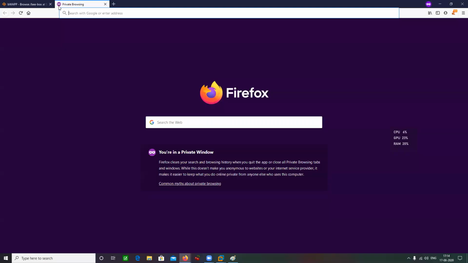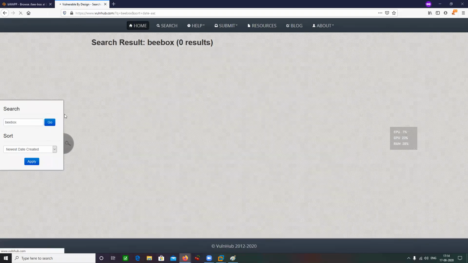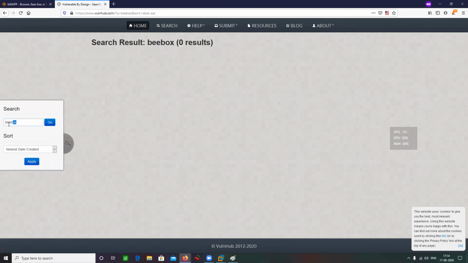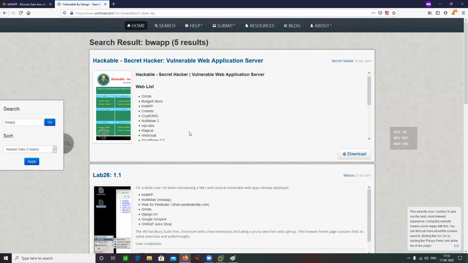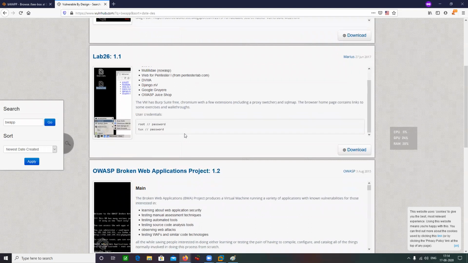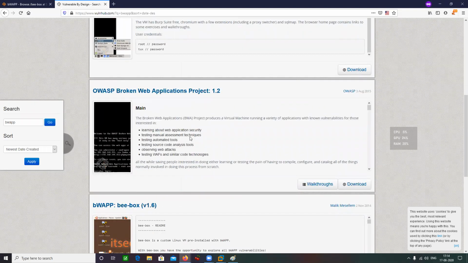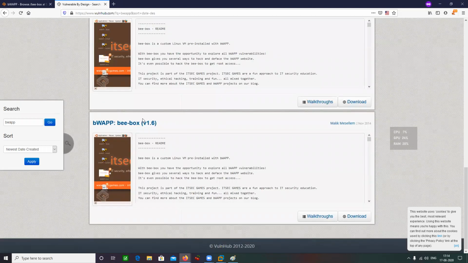So let me just see if it is available on VulnHub as well. Yeah, it is available on VulnHub as well.